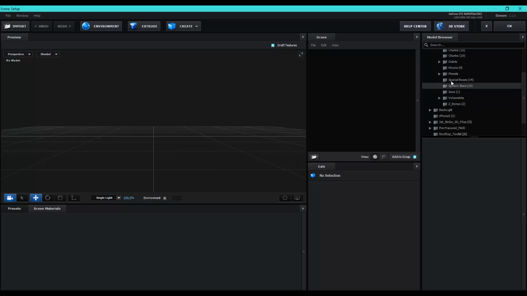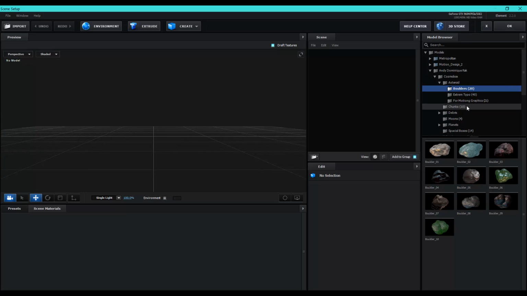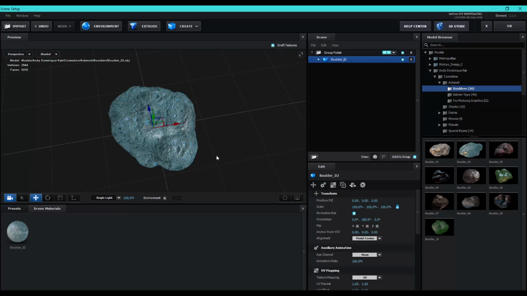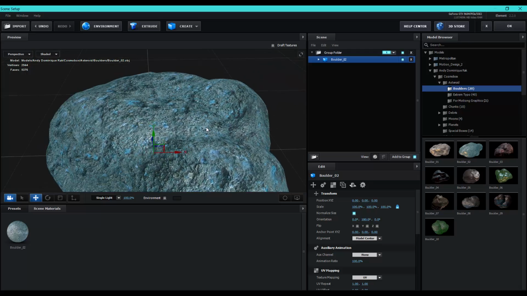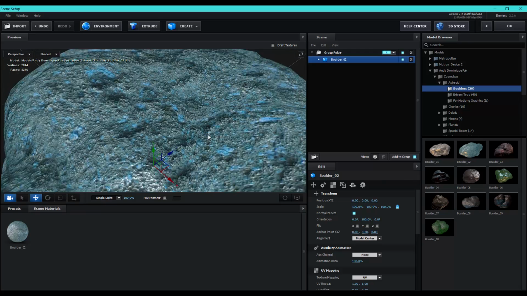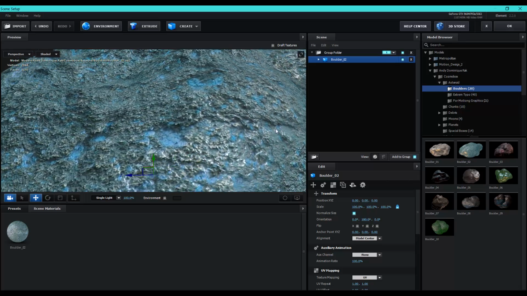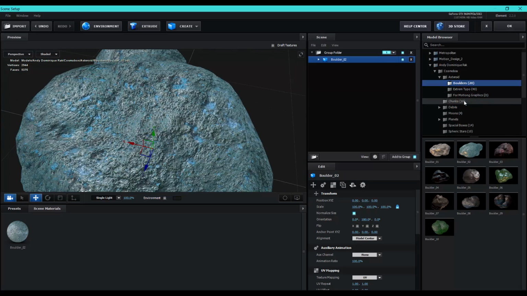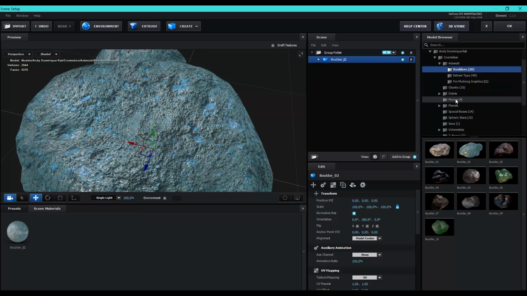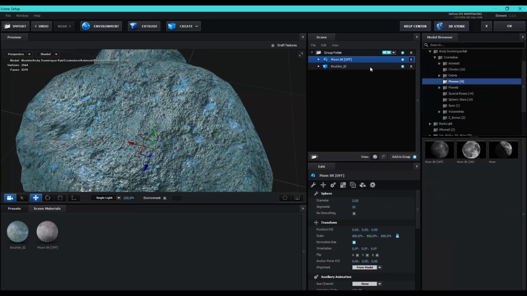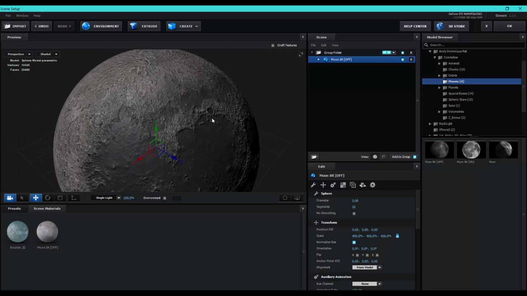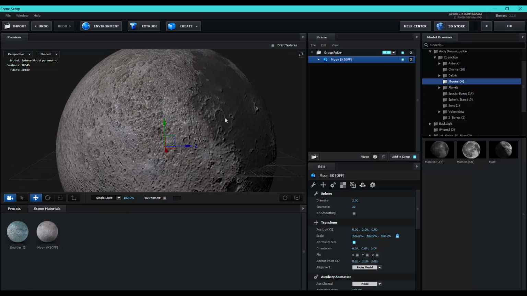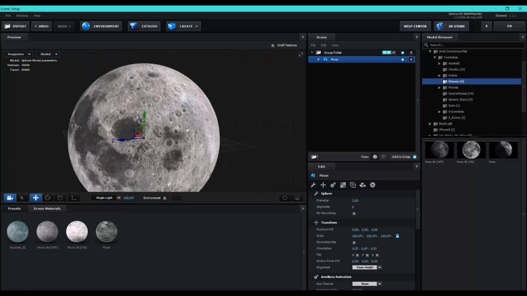So you can see some very high textured 3D models. Let's turn off the draft texture so we can see the high quality. So it's pretty amazing. You have pretty cool high textured 3D models. We have even moons. So let's check this out. Really amazing. Check out this one, or even this one.